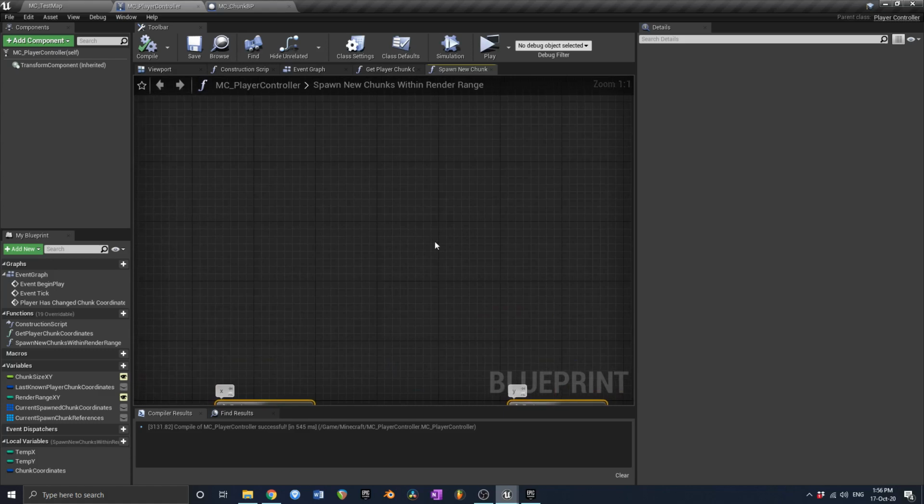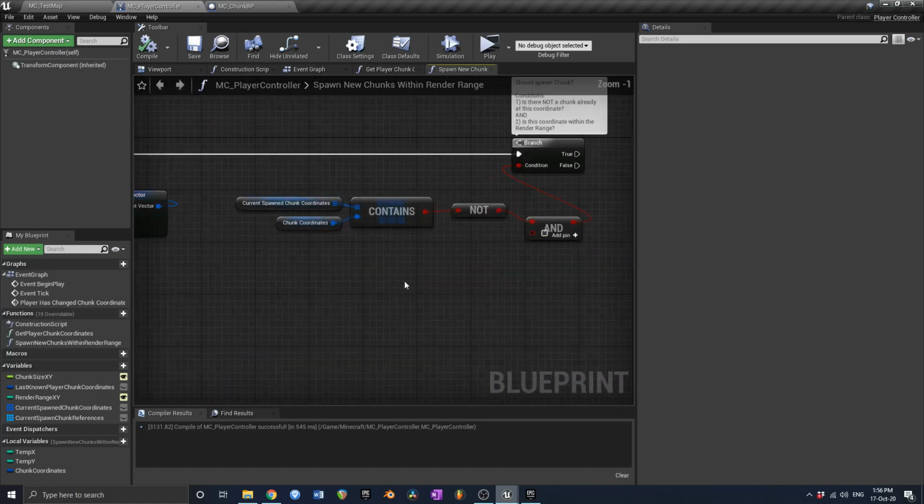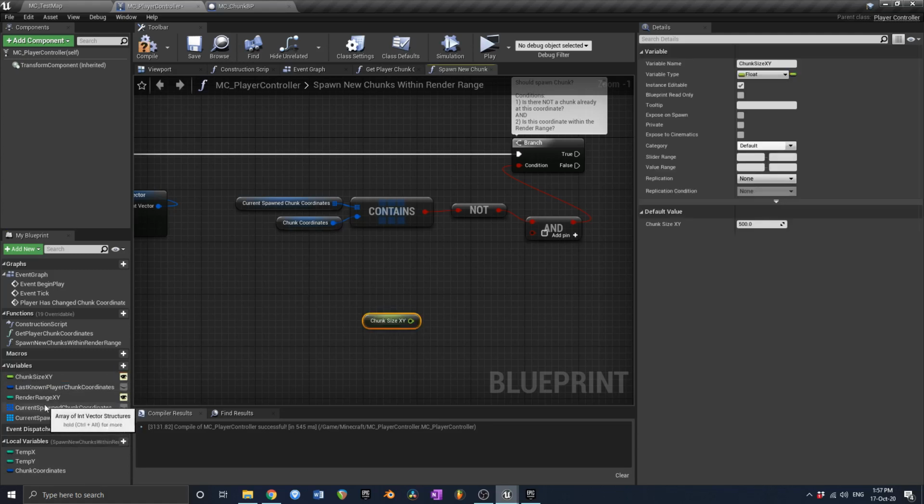So if you look at this grid just like here, like that, and the player's in the middle, the chunks that are directly on the sides are much closer than the ones that are way off in the corners. And sometimes if you're on a really big map, the ones off in the corners are just going to be too far away for you to see. So what we want is a nice circle where we're only spawning chunks in a circle at an equal distance apart from the player. So to do that, we're going to need to grab our chunk size and our render